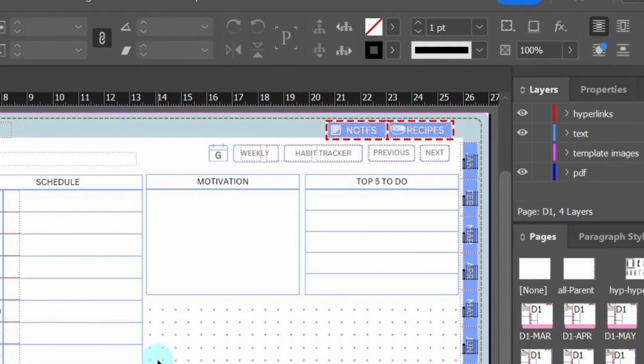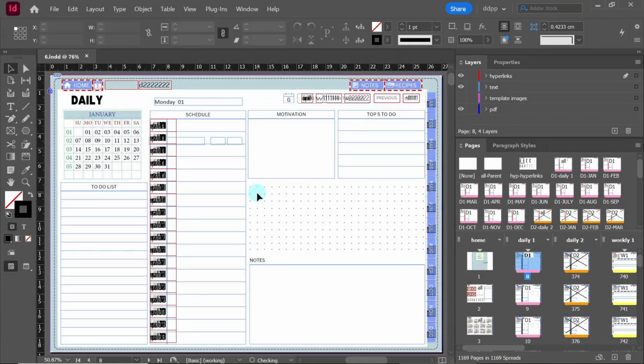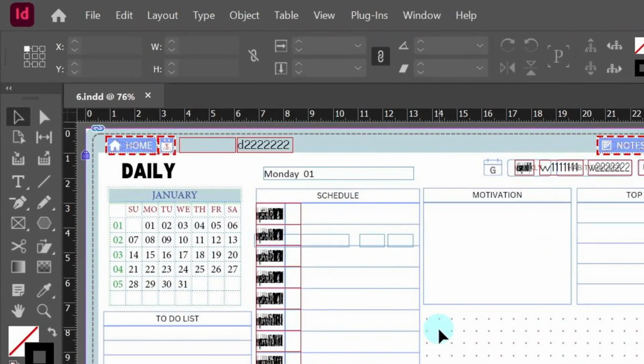I'm going to adjust these hyperlinks: Google Calendar View, the weekly one which is the weekly overview, the weekly 2 which is the habit tracker, and the next and previous navigation buttons. The top tabs labeled D2222 allow us to switch from the daily 1 layout to the daily 2 layout for